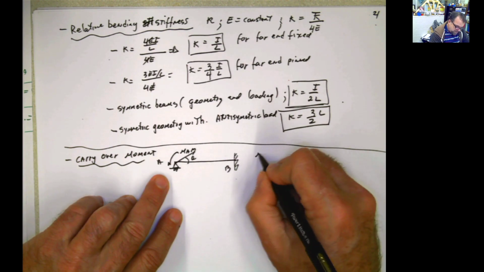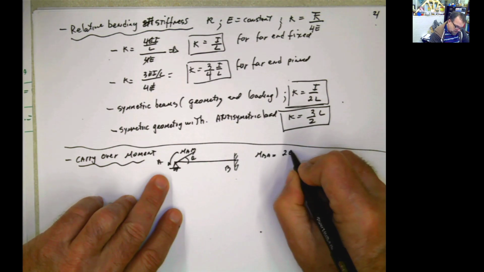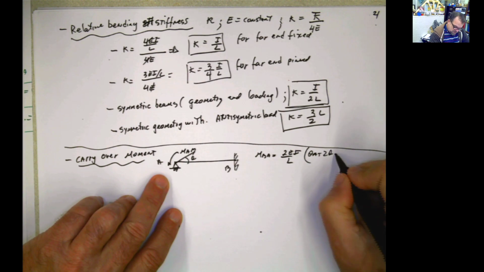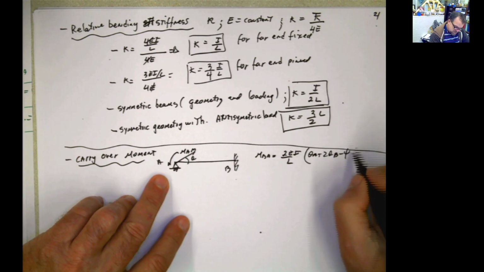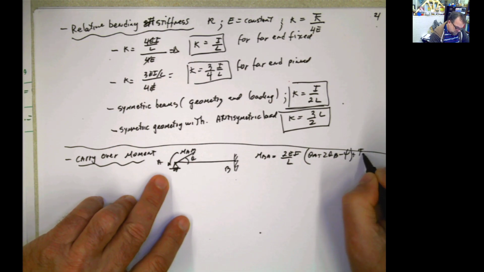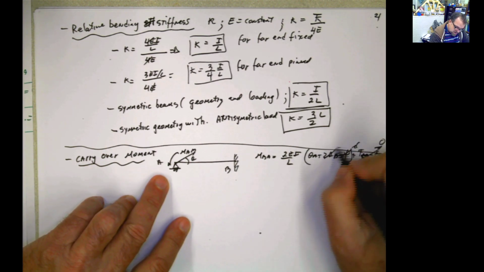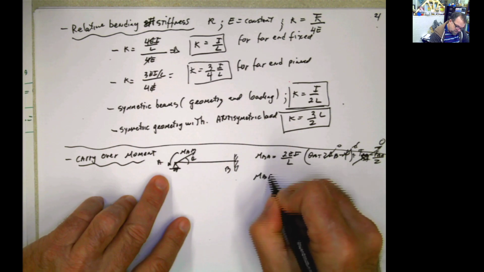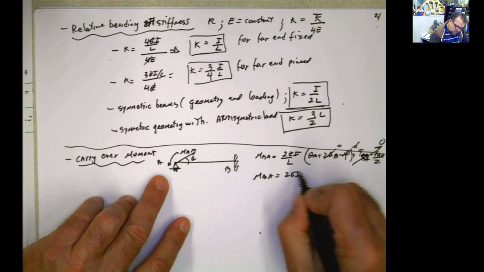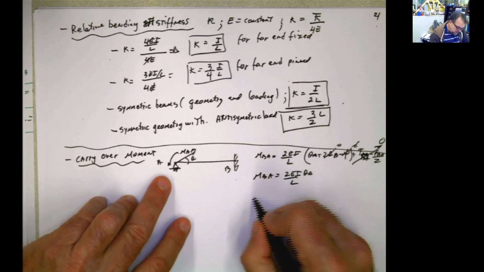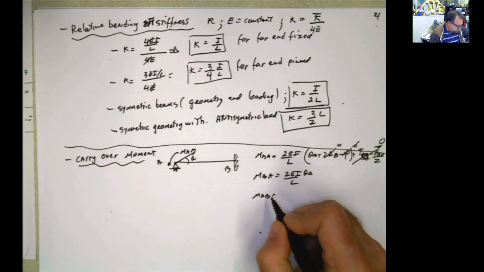So if we calculate the moment at B, it's going to be 2EI over L multiplied by 2 times the rotation at A plus the rotation at B, minus this, plus the fixed moments. Fixed moment AB minus fixed moment BA divided by 2. It doesn't matter, this is 0 and this is 0 and this is 0 also, but this is not 0. So the moment BA is going to be equal to 2EI over L times the rotation at A. But if you remember, the moment AB when we calculated it was,